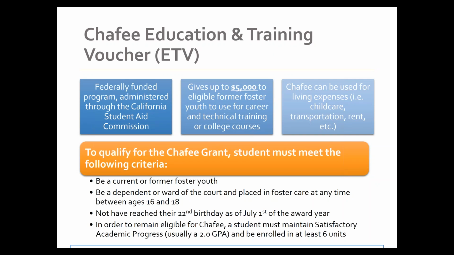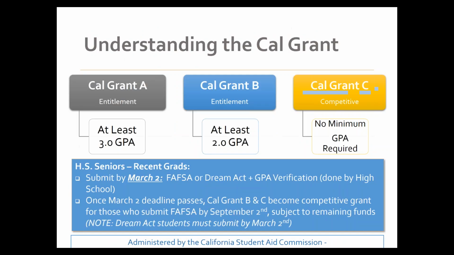Hello, good morning, everyone. This is Marisol from Pierce College. I would like to refer back to the previous slide just for a bit. I just want to let you know that for community colleges, there is a second deadline, which is September 2nd, and that's for Cal Grant B and C only. Once the March 2nd deadline passes, the Cal Grant B and C become competitive. This means that the grant will be awarded to those students who have a higher GPA and a lower income. So to be awarded,